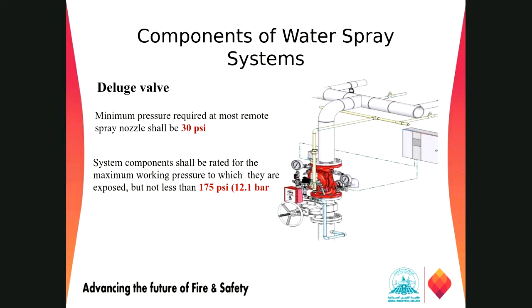Yes, yes. Okay. So now for these nozzles we need minimum 30 psi. Remember in the sprinkler system we said we need minimum 7 psi, but for these nozzles we need minimum 30 psi, and all the nozzles are open nozzles. It is not a closed nozzle. So once there is a fire, the valve opens, and all the water will discharge from those nozzles to control the fire. And again, the maximum pressure we have is 175 psi or 12.1 bar, same as most of the water-based fire protection systems.